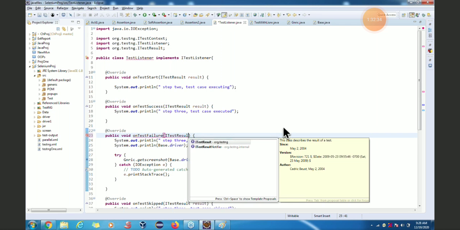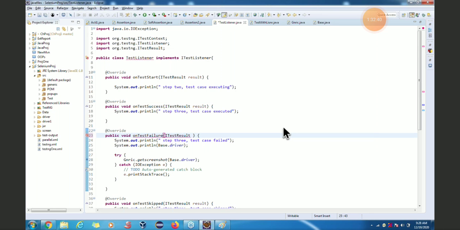Look, ITestResult is an interface. Don't get confused. So I'll give result as a reference. It has n number of methods, and the implementation is already done in the anonymous classes, so don't worry about it. But I want to show